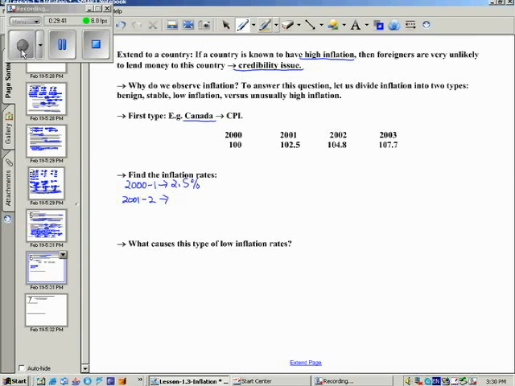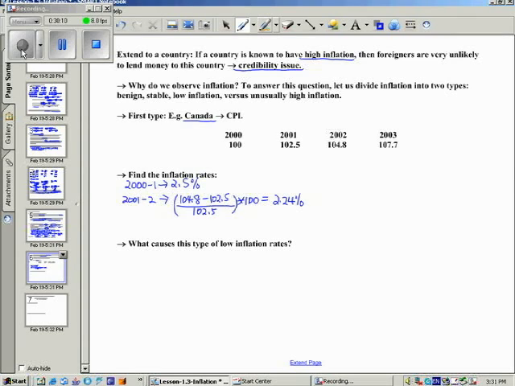2001 to 2002, I need to calculate 104.8, the new price level, minus 102.5, divided by the old 102.5 times 100. This will give me approximately 2.24%